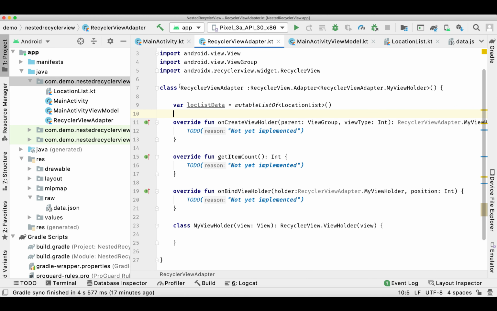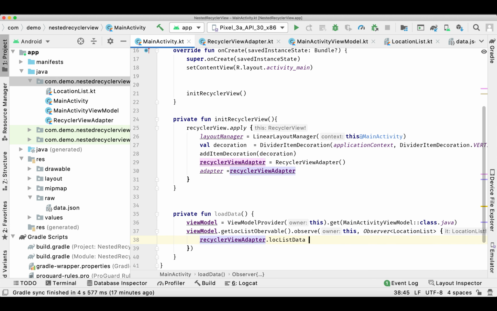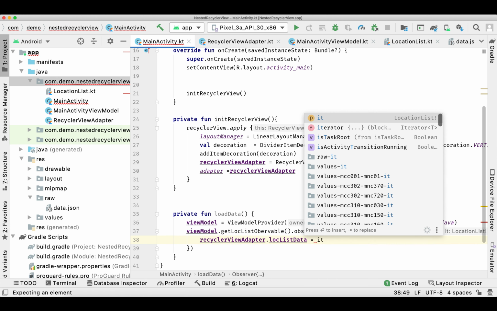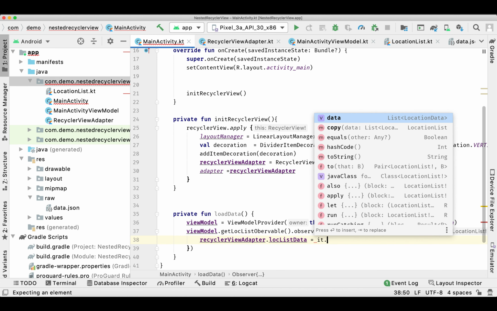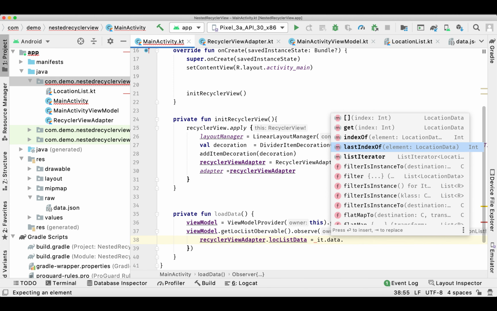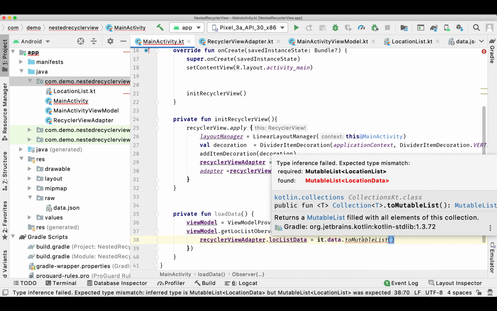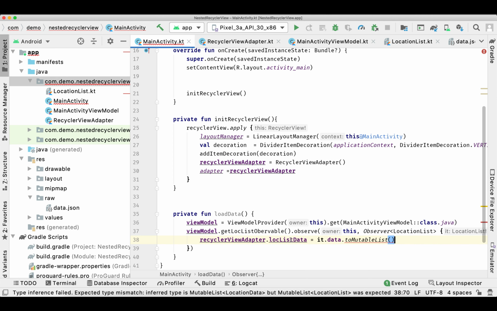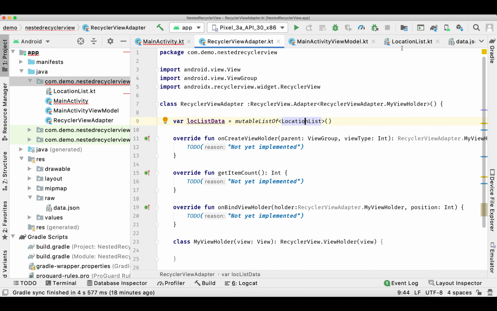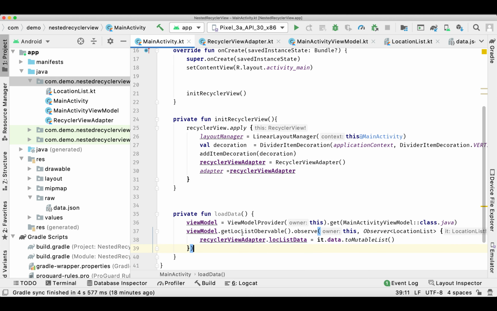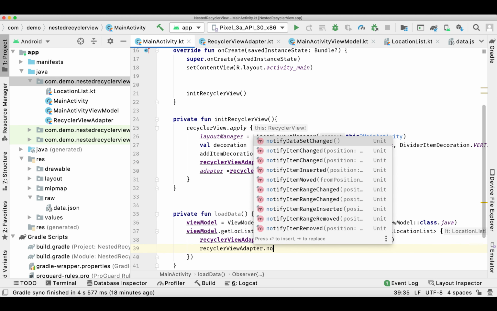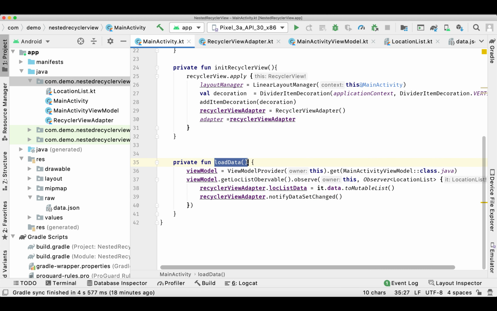So we can directly set it to this location list. Now we'll call this function after the initialization of recycler view.